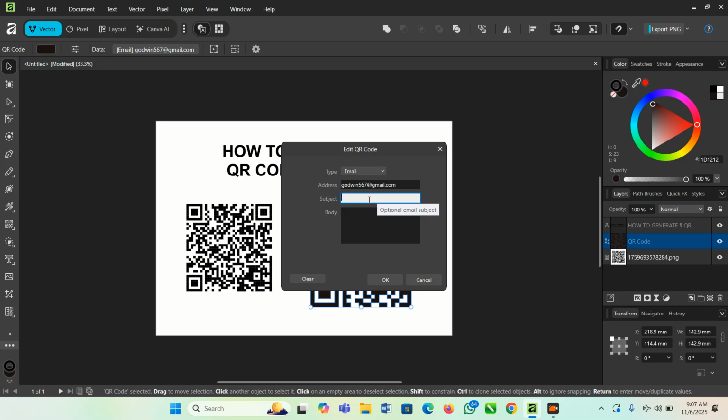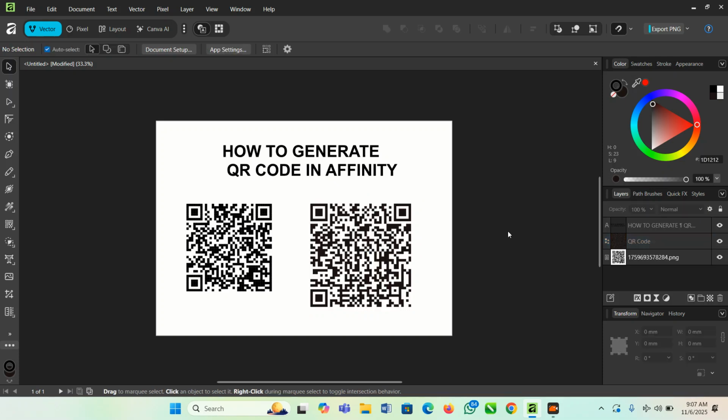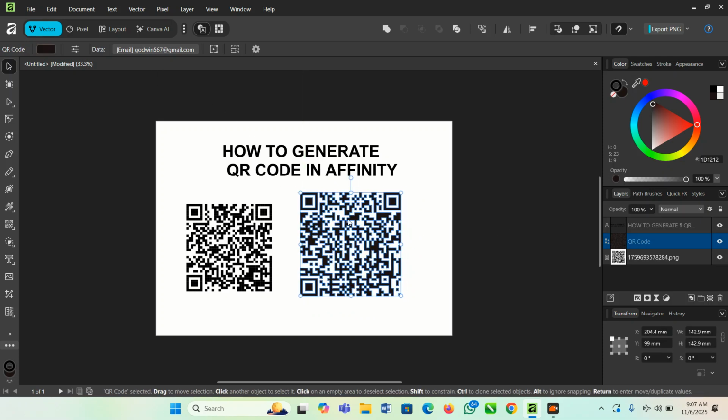Then you can see subject. Let's say the subject should be, I want to make a design. Aside that, you can now type the body: you are welcome to my design tutorial. So now you can click finish from here, and then the information you have saved in this QR code